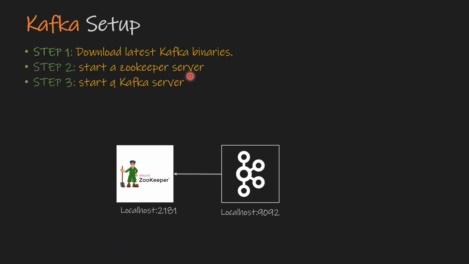Once that is done, we are going to start the Kafka server, and it starts on port 9092 by default, and it refers to Zookeeper once it starts. This is basically our single broker setup. We are only going to start a single Kafka server. We can also start multiple Kafka server instances if we want to. As we saw in a previous lecture, Kafka is a distributed system, and on a production system you would like to have more Kafka brokers.